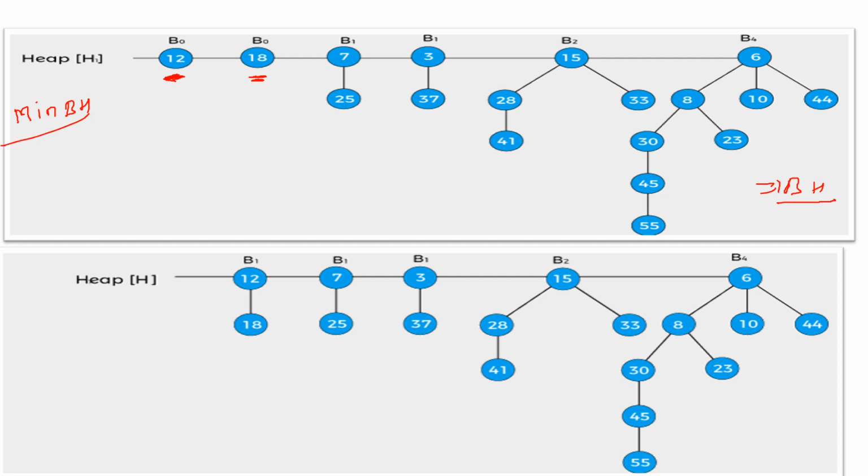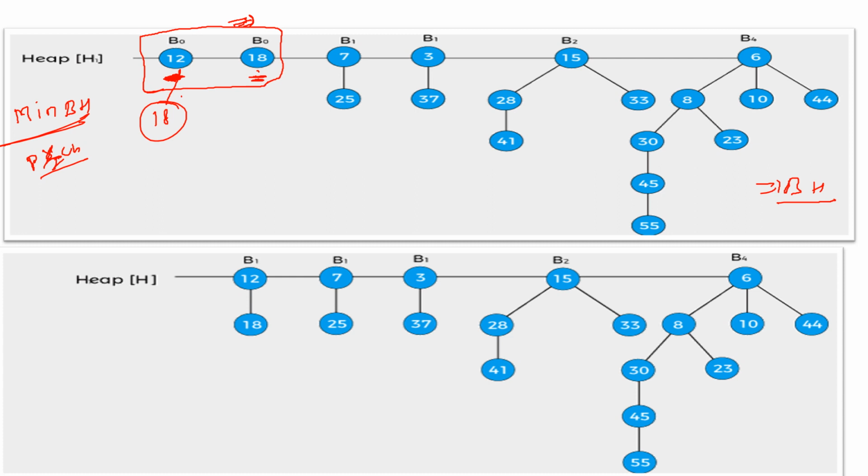A min binomial heap means it follows the property of a min heap, which means parents should be less than or equal to children. Since these two trees have the same degree, if we merge them, we make 12 the root and 18 the leftmost child of 12.